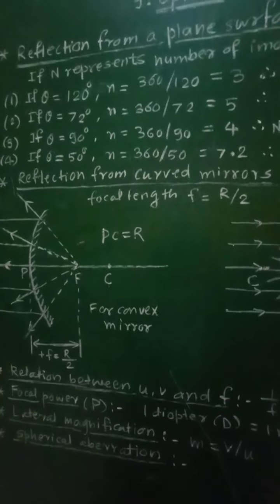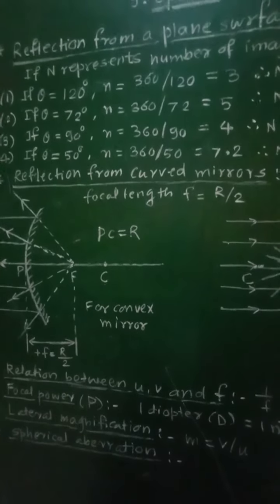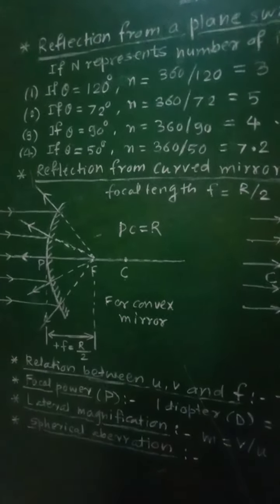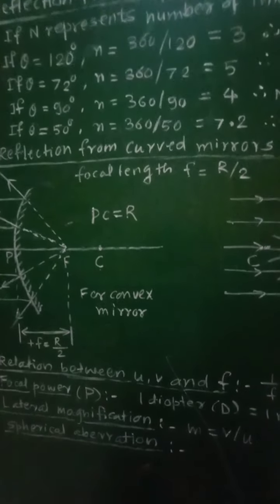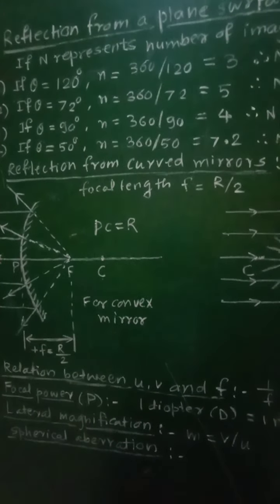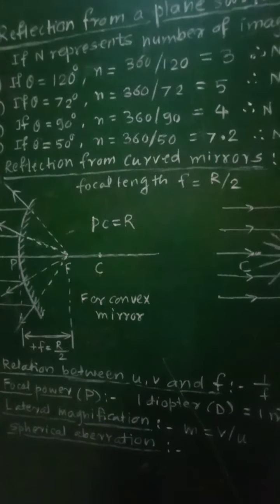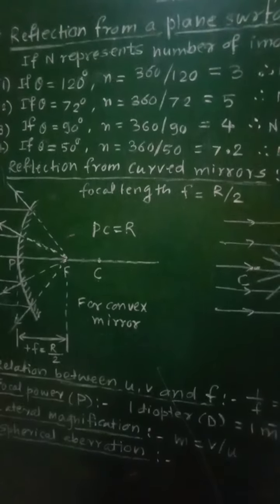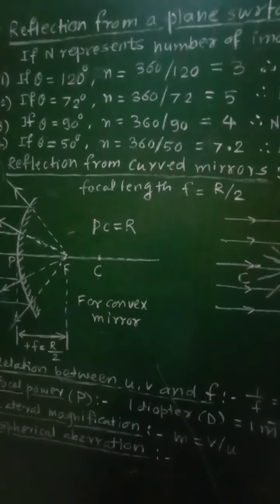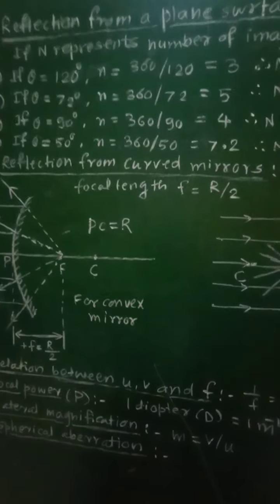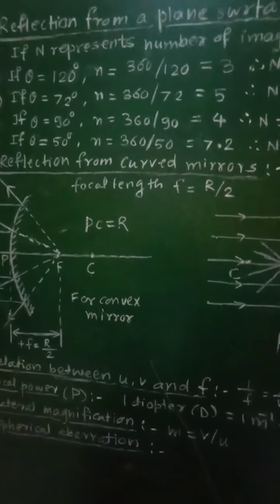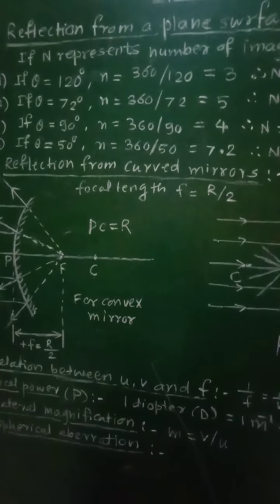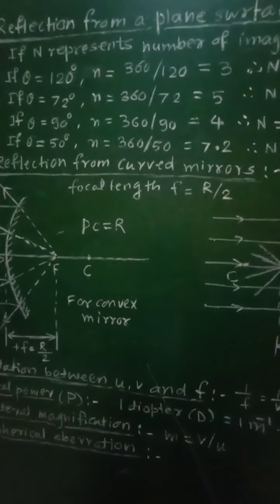Third case, if an object is placed between two plane mirrors inclined at an angle theta, instead of a single mirror, if suppose there are two plane mirrors which are inclined by angle theta, then the number of images, small n, are formed due to multiple reflections from both the mirrors. The exact number of images will depend upon the angle between the two mirrors and where exactly the object is placed between the mirrors.